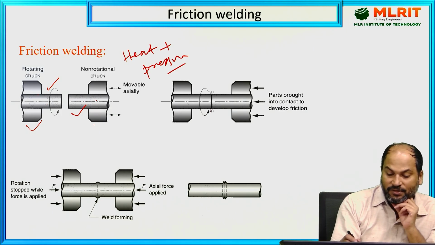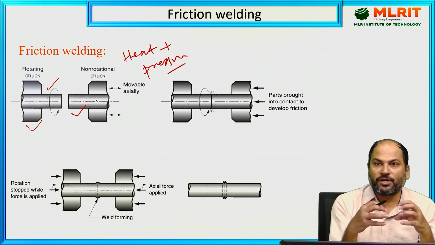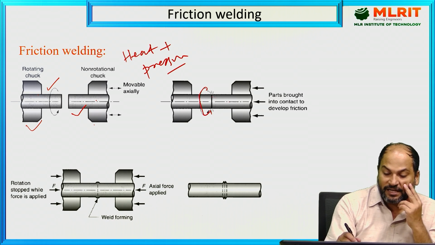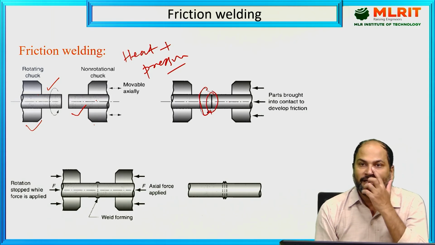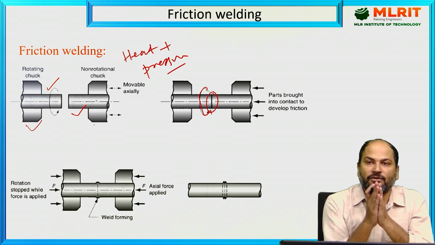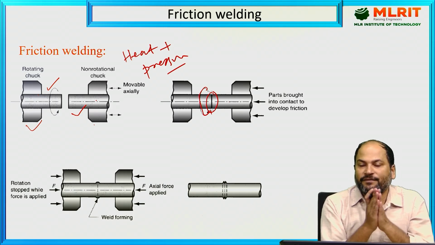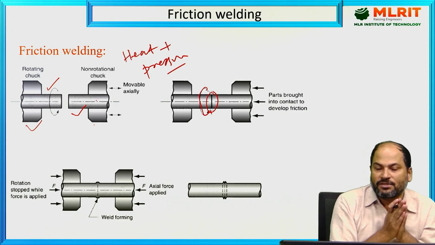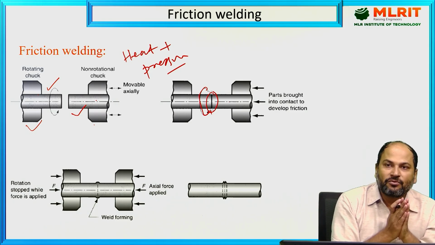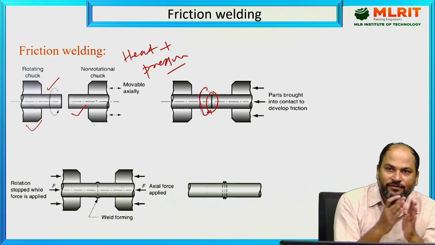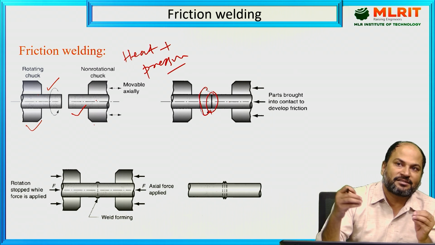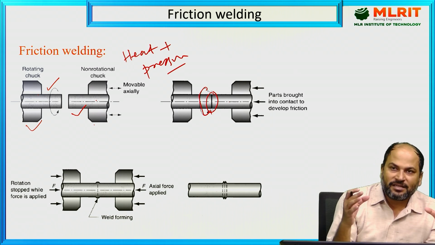In the second step, you can see these two parts we have brought together. This is fixed, but this is rotating. So at this section where there is contact, there is relative motion, and whenever there is relative motion between two parts, we know there will be friction, and because of that friction, heat will be produced. That heat will start to increase the temperature of the parts in contact, and once it goes beyond the recrystallization temperature,